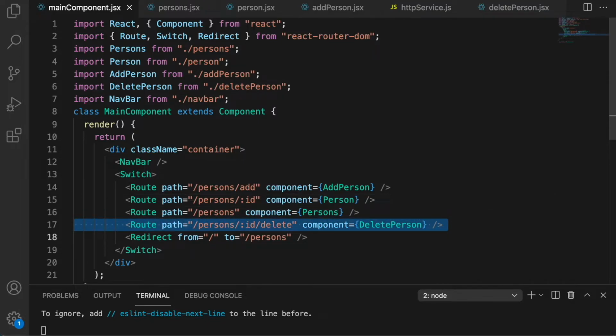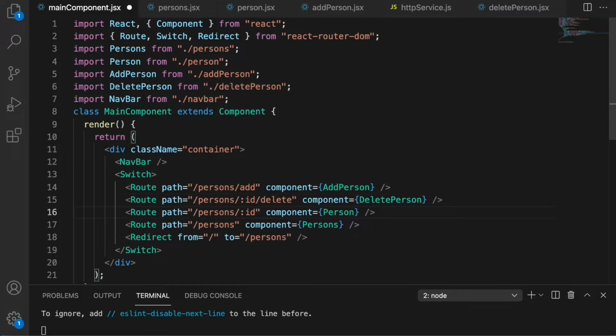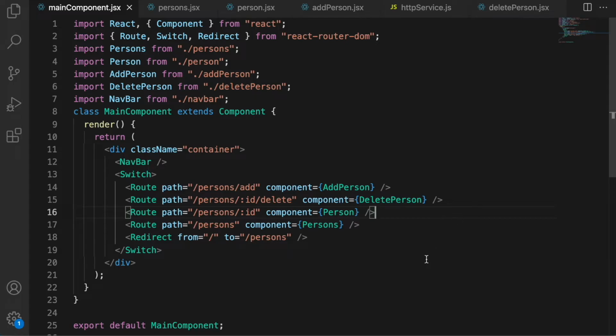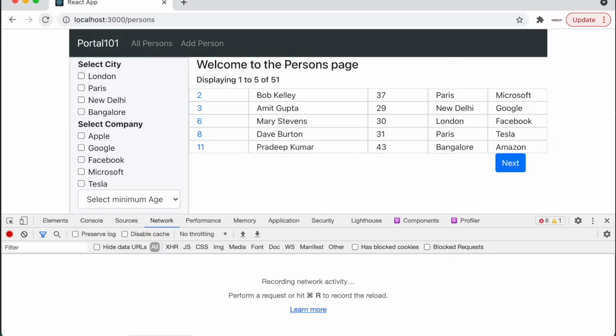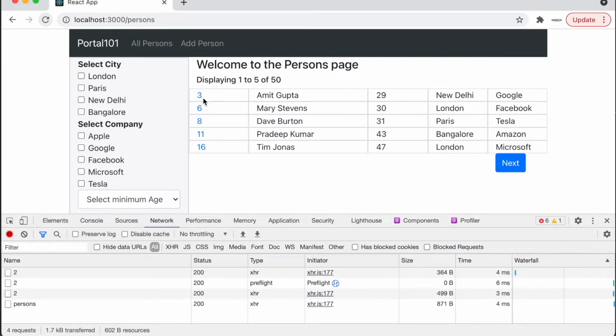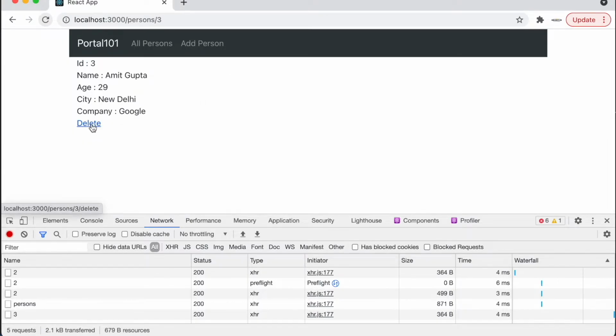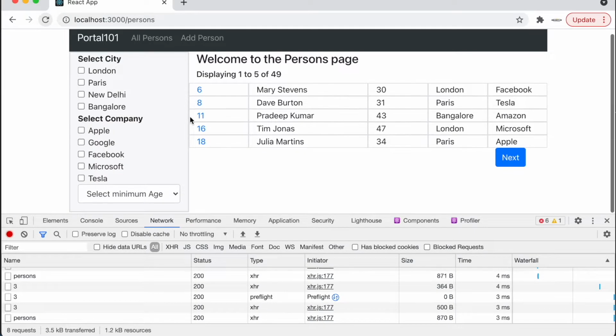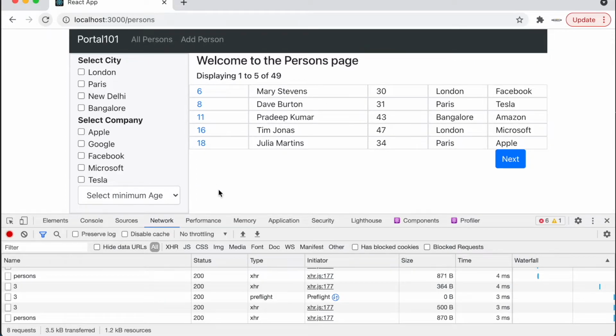So this should be put before it so that it matches delete persons. So now that we have corrected it, let's go back and test it again. So it gives me a delete, and once we have deleted it, it's not showing 1 to 50. If we go to 3, we have successfully deleted 3 also. So this is what we were looking to do.